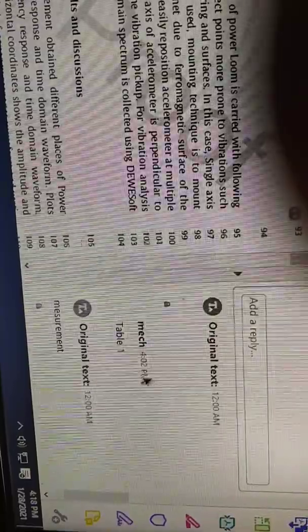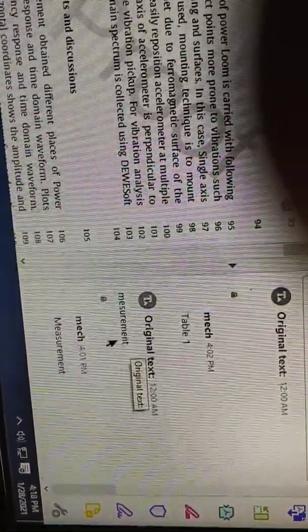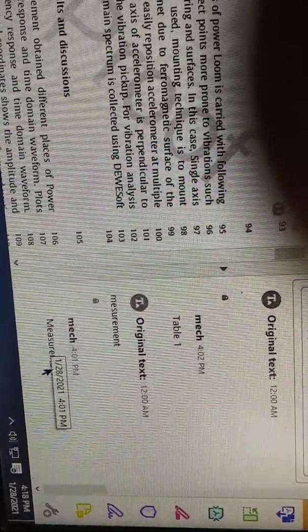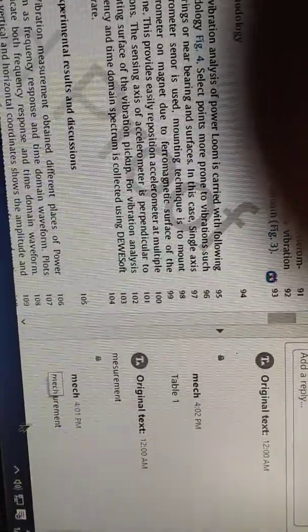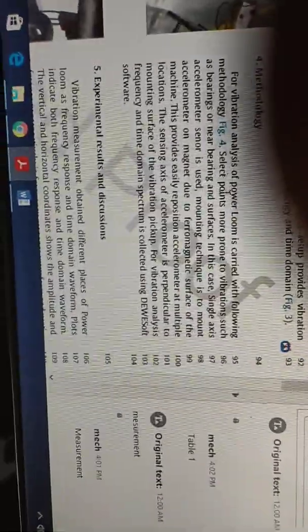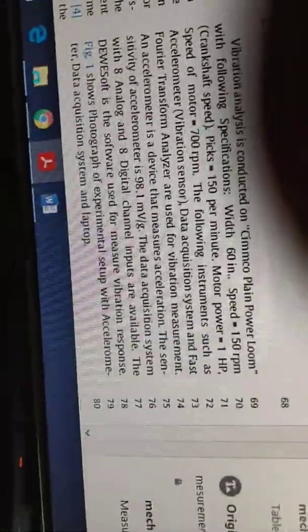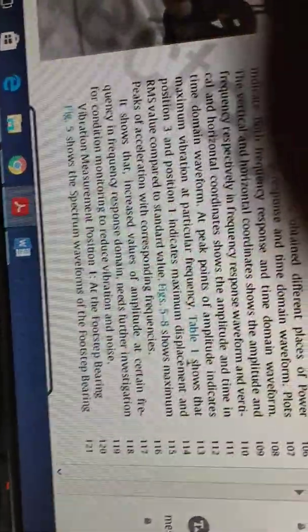Then the experimental setup for the vibration measurement I made like this one. Post also you can do it this way. Okay, and table number 1, author things, measurement I made like this. Corrections also, if you want, that is spelling also, whatever the things you can make. If any mistake correction is there, once again you can go to that also. Okay, I hope that you got it. Okay, I stop here only.